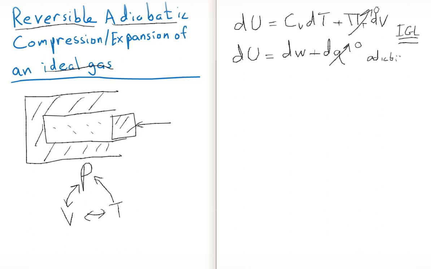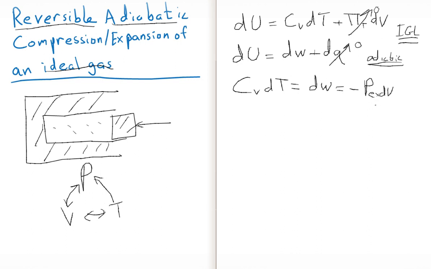So we can just make a little notation here, adiabatic. Great. So now we have two expressions for the change in internal energy, and we can equate them. We can say that the heat capacity times dT is equal to the work. And work is equal to negative P external